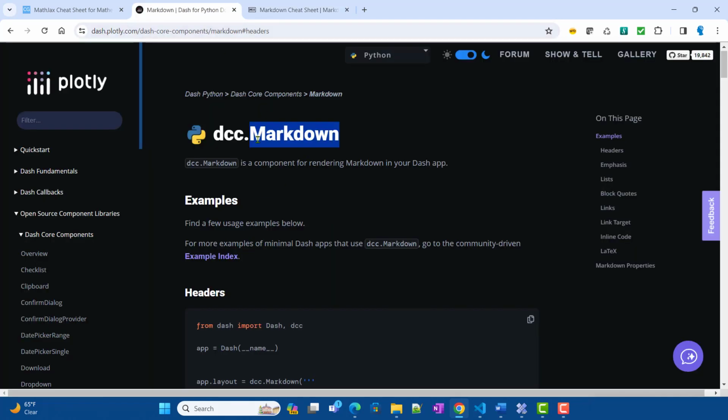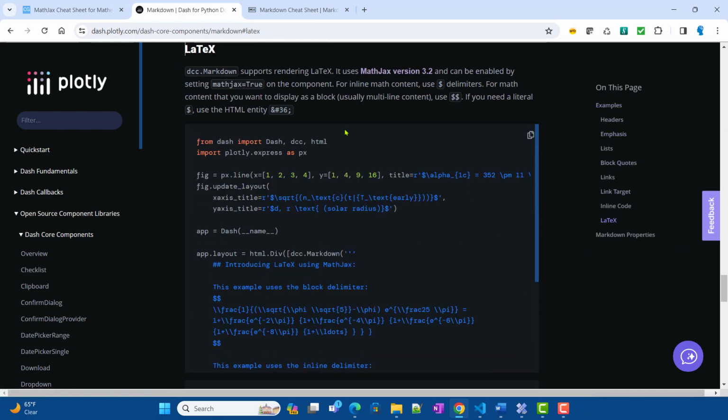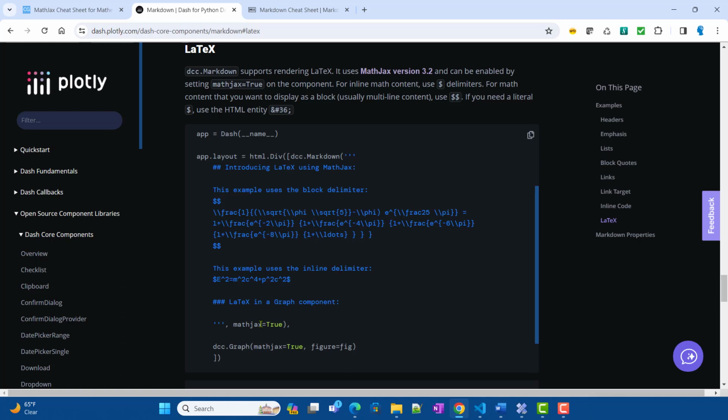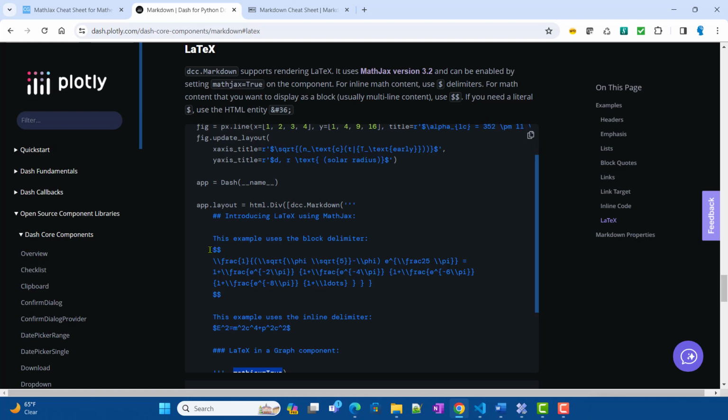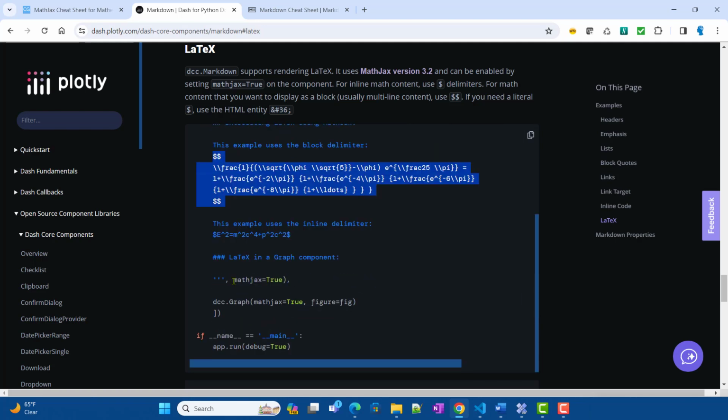Now the Dash core component Markdown has a very interesting feature for LaTeX. It has a parameter called mathjax equals true. If you mention that, and if you mention some LaTeX code here, that will be displayed as a mathematical equation. If you see, over here they have given some LaTeX code and they have passed mathjax equals true, because this is the LaTeX library it is using behind the scenes,